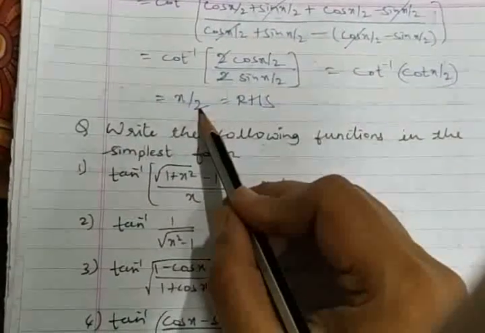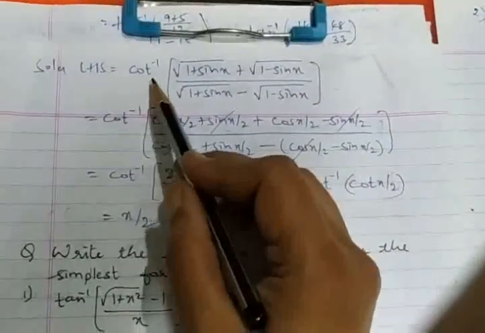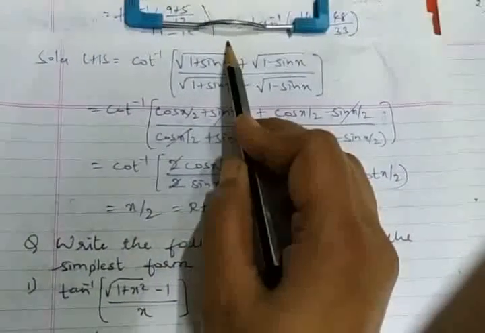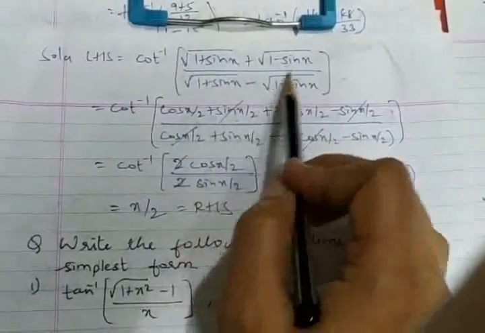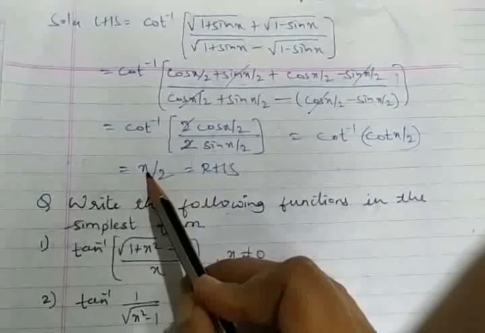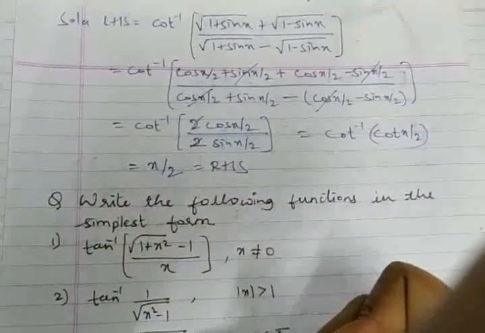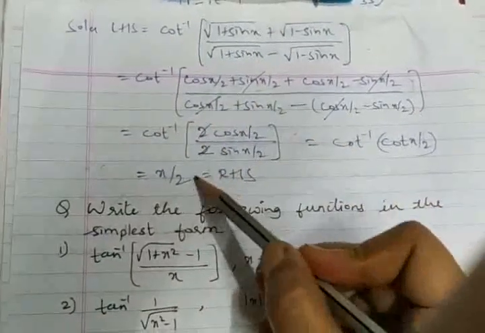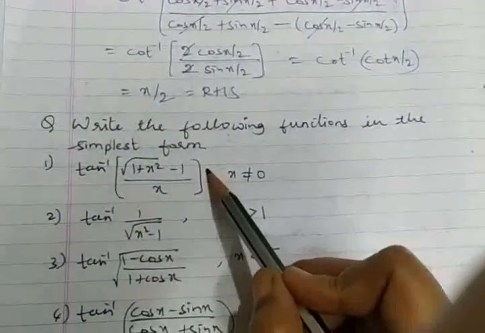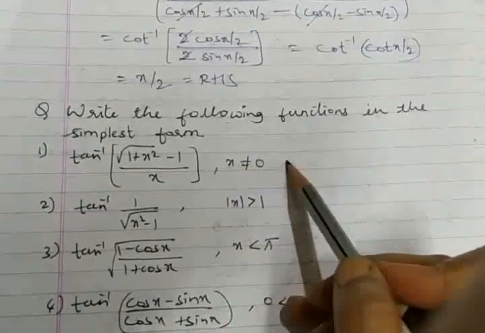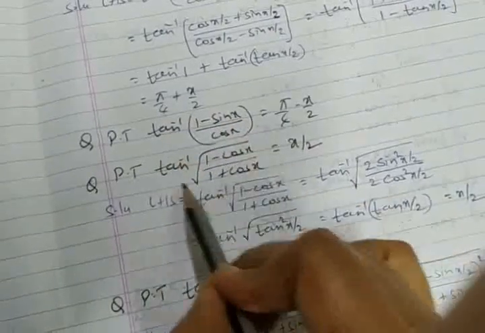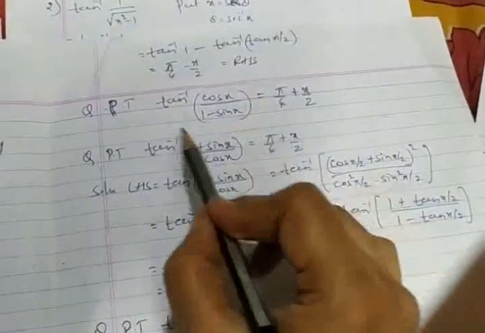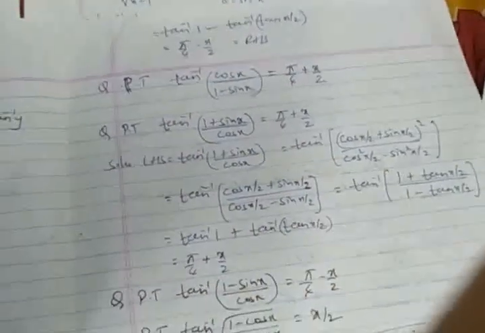For example, the previous question. The previous question, what they have given here, the same question can be asked as simplify the function. They will just give cot inverse of so and so. So when they say simplify, you must simplify and bring the answer x by 2. That's a major difference between the prove that question and this question. In prove that, LHS is there and RHS is there. When it says simplify, do it carefully, because they will not give you the RHS term here. So all the questions we discussed earlier, I can ask here as simplify the function. They may give just this. Got it? The same questions can be asked here.